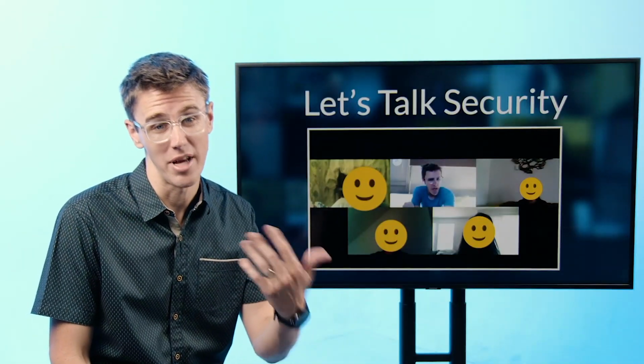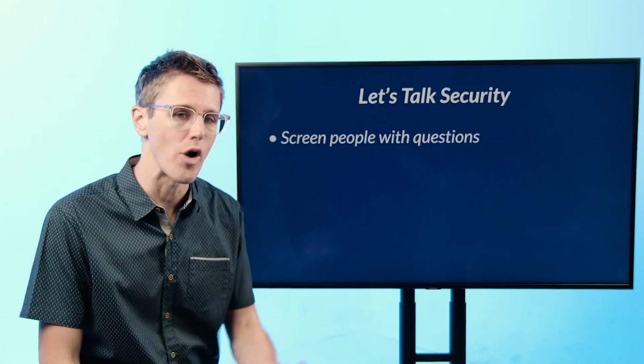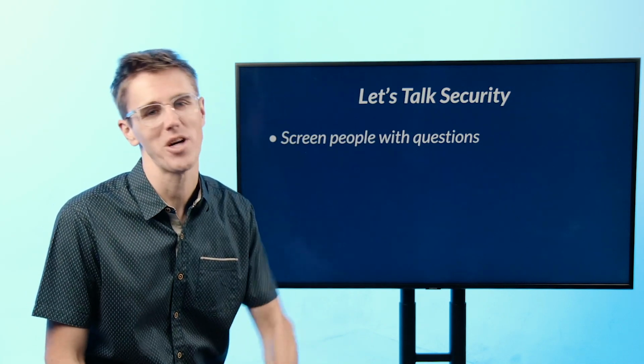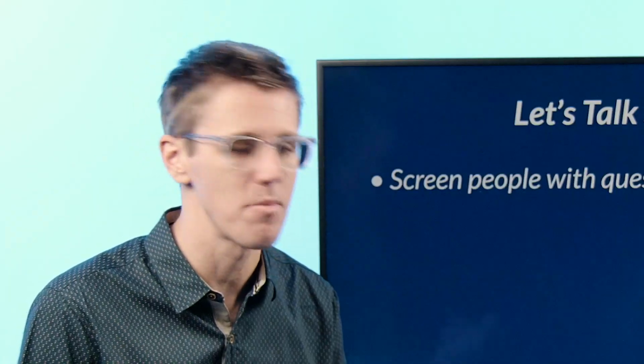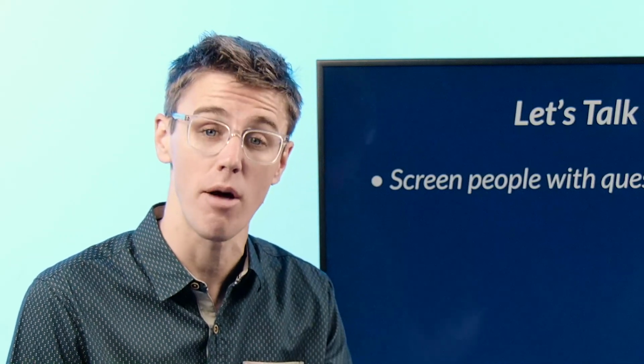So I want to talk through some basic protocols that can create a compelling, secure and safe place for people, no matter where they're at, to be part of community and engage with an online group. First off, when people are signing up to join an online small group and security is an issue, screen people with questions. You might ask them, how'd you hear about us? You might want to make it so that everybody in an online small group needs to come through a recommendation or needs to know somebody. I'm not saying you have to do that, but that might be an option.